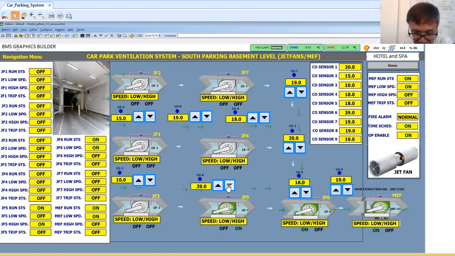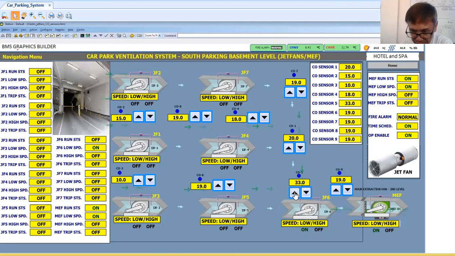Okay, now let's try to simulate low level. Below 20, my jet fan will stop. Now let's try to simulate 5. Okay, low speed.